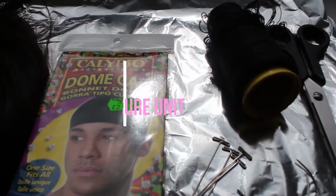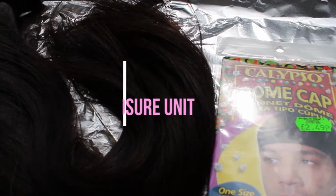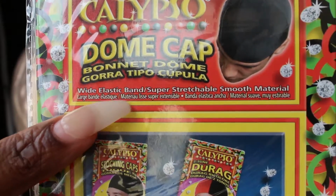You're going to need scissors, a curved needle and thread, some T-pins, a dome cap of your choice, and your bundles. I'm using 4 bundles in the closure today. The mannequin head or the block head I'm using is 22 inches in circumference, and this particular dome cap I'm